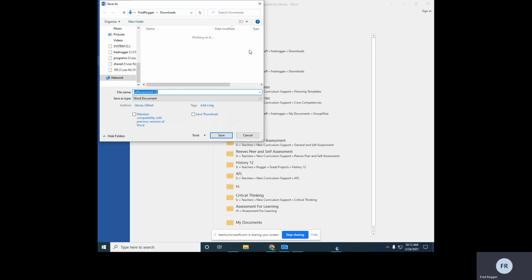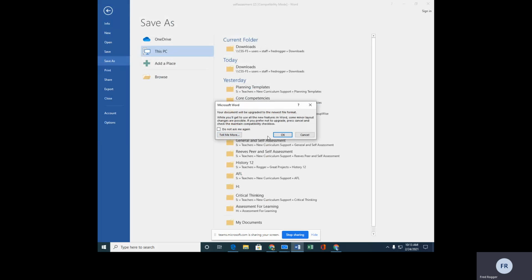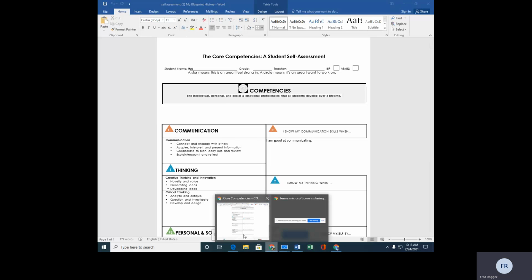So I'm going to save this as, let's just put it in downloads for now, and I'm going to call this self-assessment 2 MyBlueprint history. And again, history is one of the hardest words to type right all the time. So I'm going to save that in my downloads. It's going to save, so that if I go back to my blueprint here,